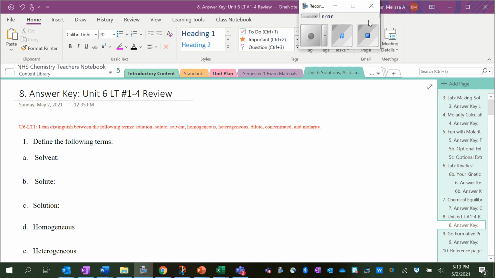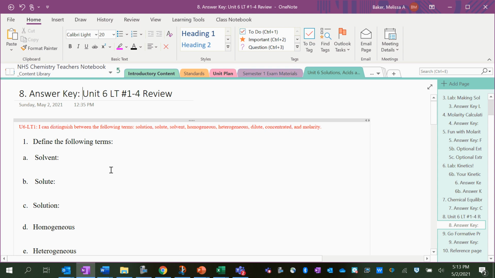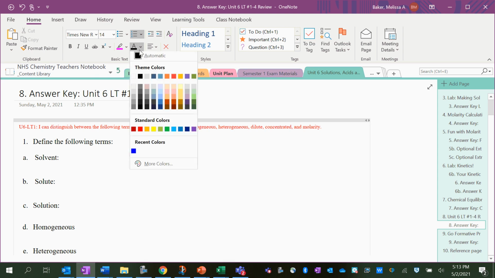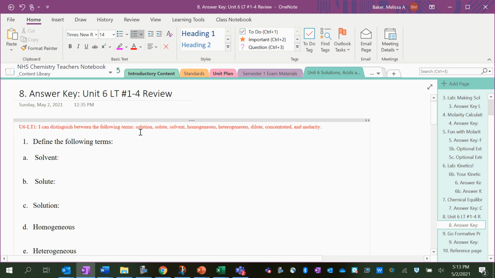Right, let's go over the Unit 6 learning targets 1 through 4 as a review to get ready for the upcoming assessment. So first, it says define these terms. So let's do solvent. Solvent is the substance in the greatest amount. Typically, water is the solvent that is most common,